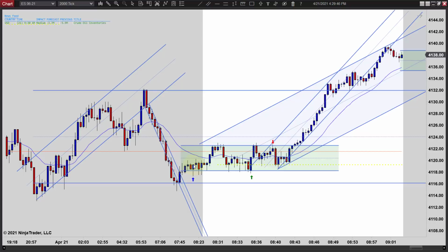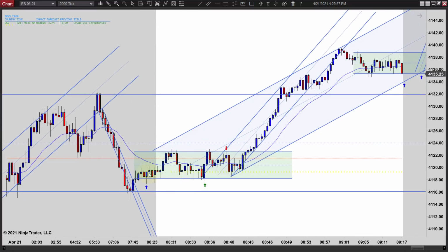Again, it's a second entry long, and it's a higher low off this support level. And it's a nice bullish bar. It takes a minute, but it works. And then, of course, this is congestion, so it's like a little failed breakout, but I don't see any entry worth taking to the short side. And then we're just bouncing down here. You're not really getting rejection